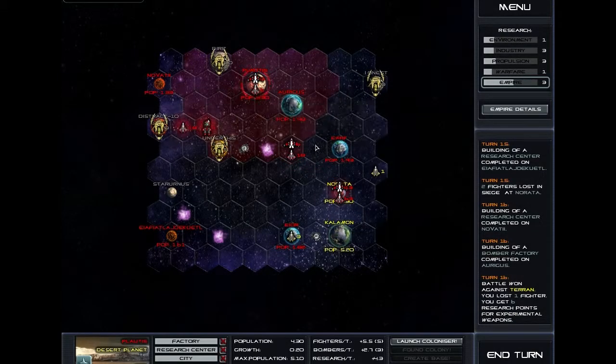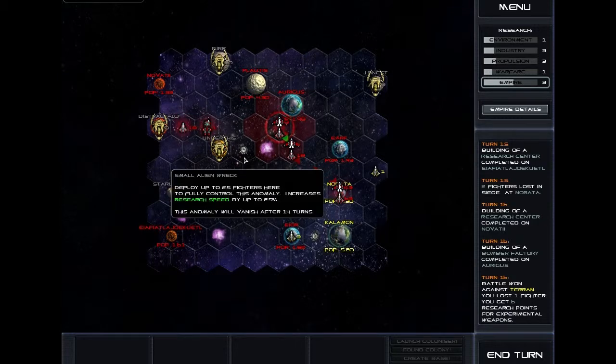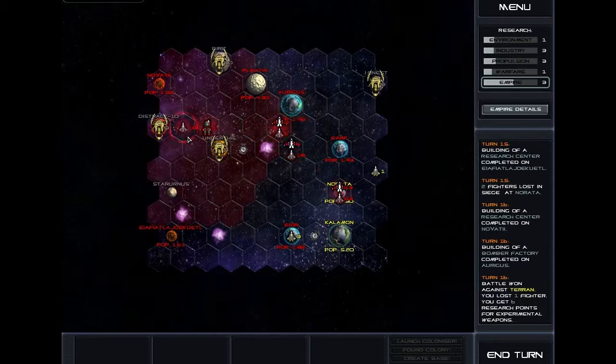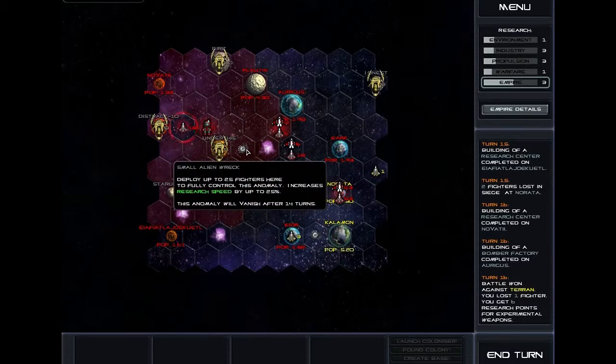Now as you can see over here, this fighter, which has been sitting on an asteroid field for some time, the asteroid field's now disappeared. And over here, instead of the gas cloud which we're on, we've now got some research available. So we're going to go take that and